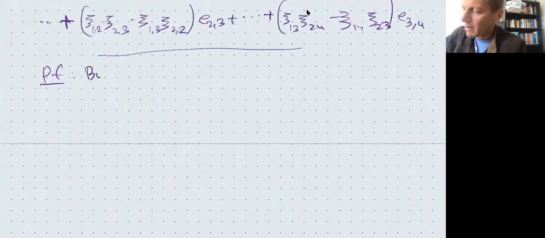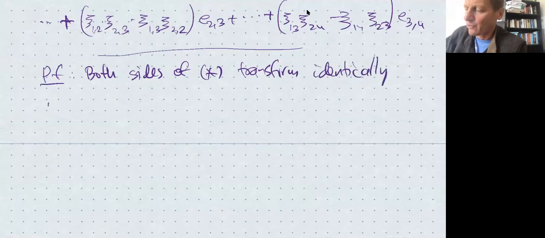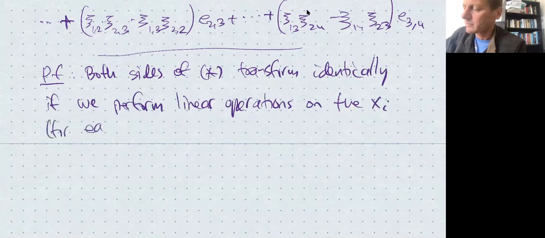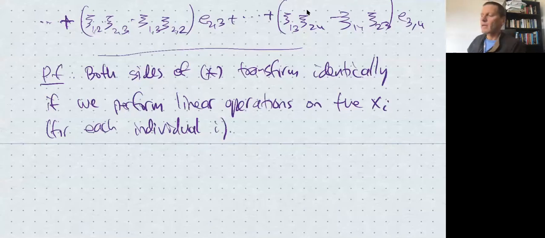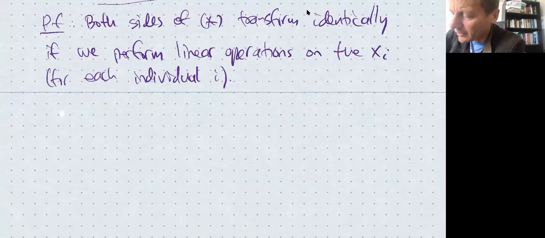Proof: both sides of star transform identically if we perform linear operations on the xi for each individual i. So for that reason, it suffices to prove star, so we can apply these linear operations until we bring star to the case where it's composed of